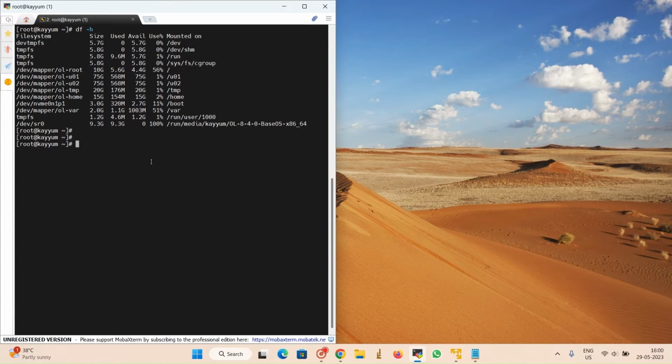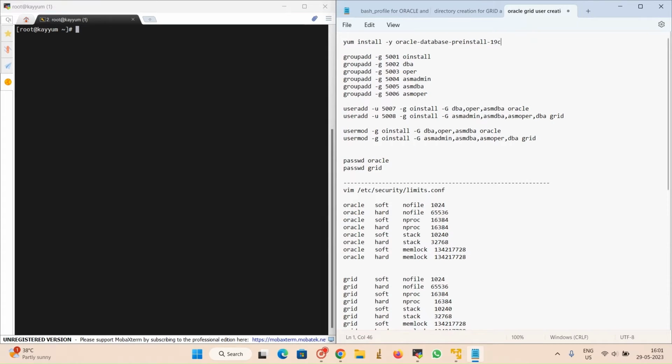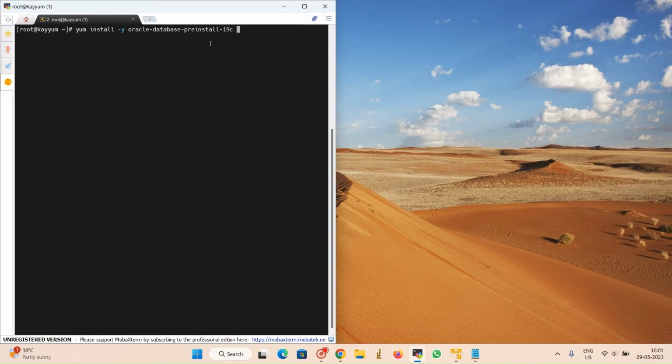So let's see whether the Oracle user is installed on the Linux or not. You can see here Oracle is installed on this. First of all, let me get the other things done also. The first thing is that we should install the Oracle database pre-installation RPM, so that all the required packages